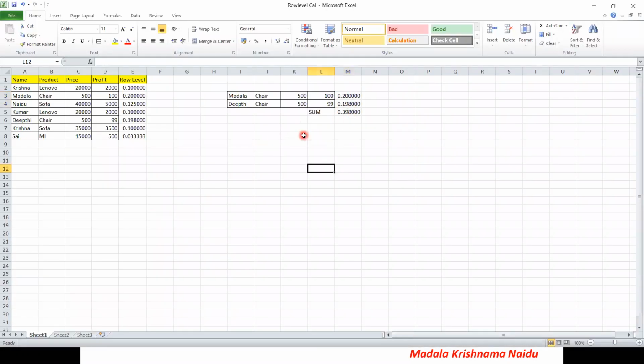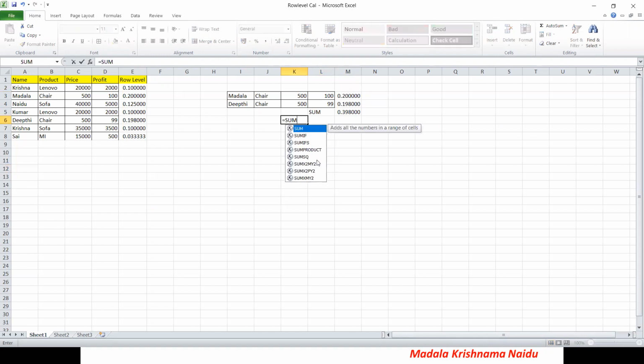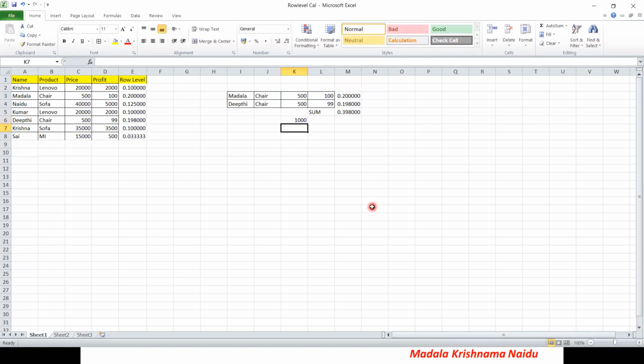As we know, in Tableau the aggregate level calculation happens. Initially the values are aggregated before calculating the profit ratio. Here equal to the sum of this value plus this value. Now you can see this total is 1000. In the same way, this one is 199.